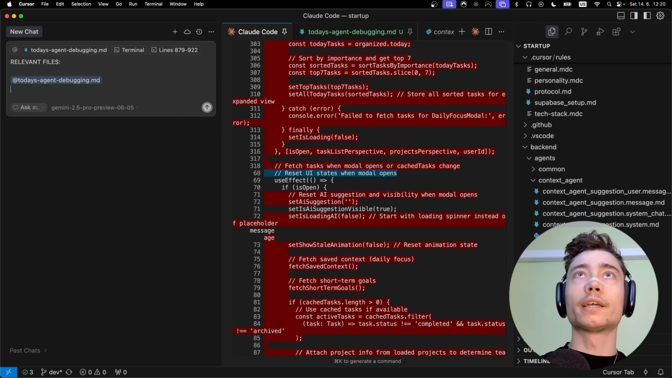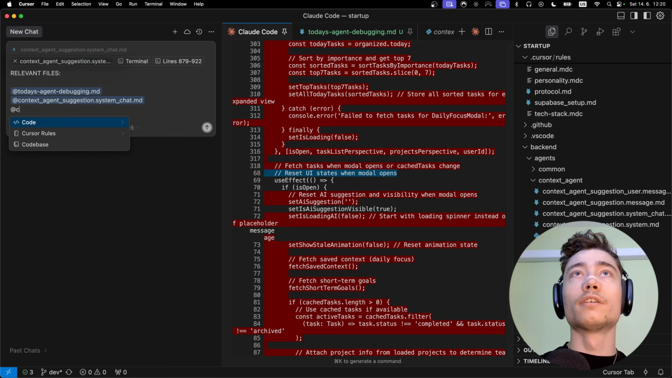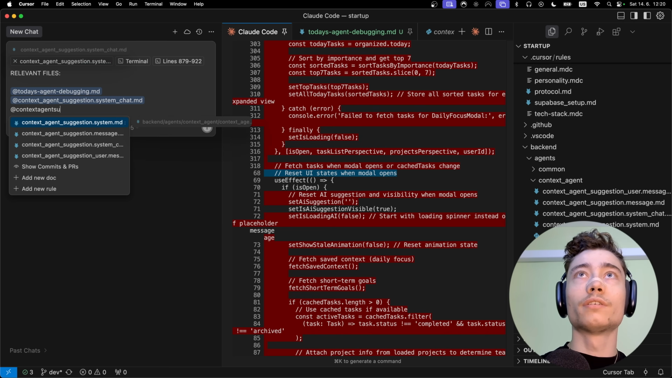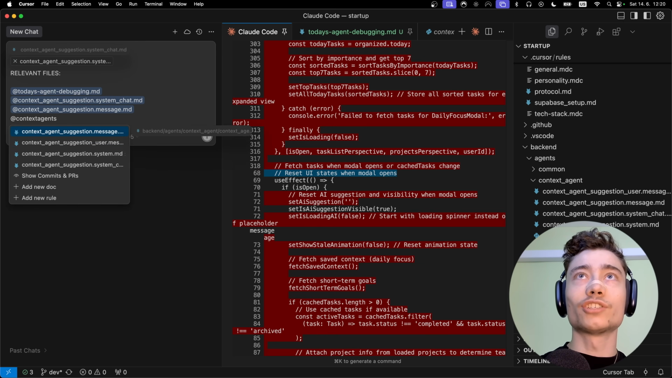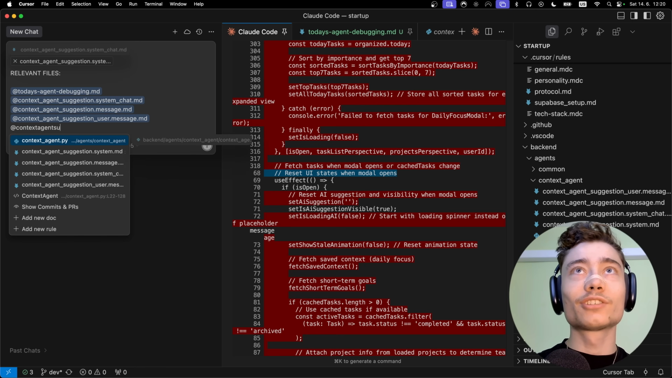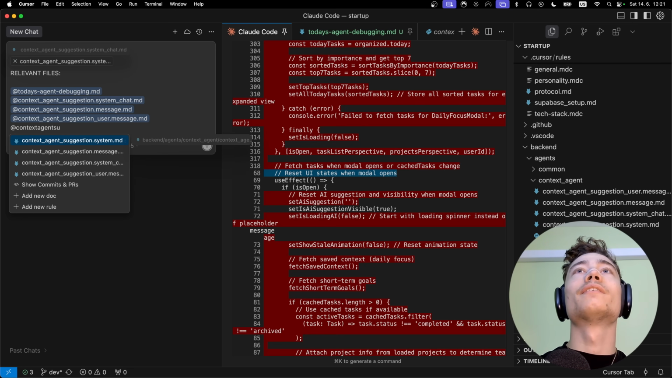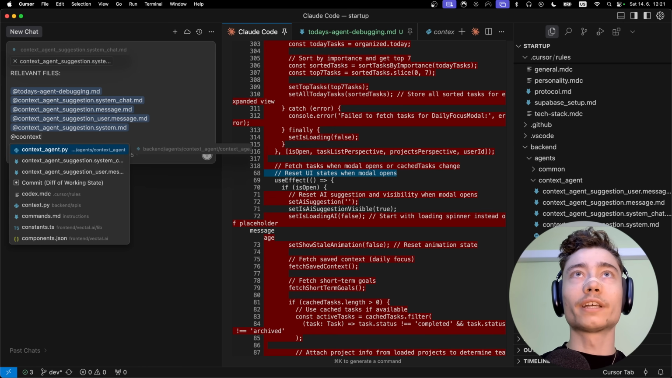Today's agent debugging, context agent system. This is so messy. Agent suggestion system, context agent suggestion message, context agent suggestion. We have this already, no? User message, which is the last one. Context agent suggestion system chat user dot message. So I guess this one, yeah. And again, context agent dot py,